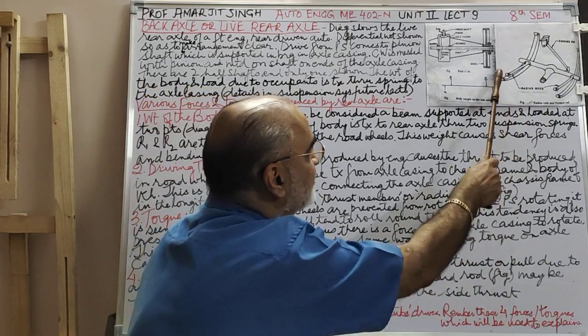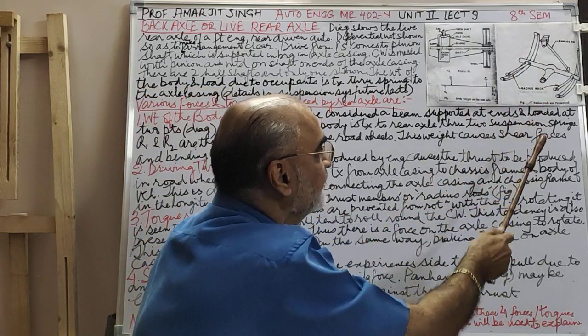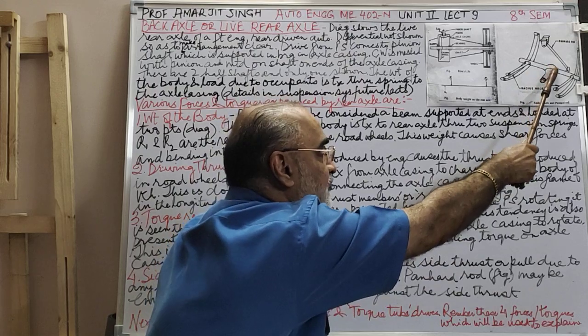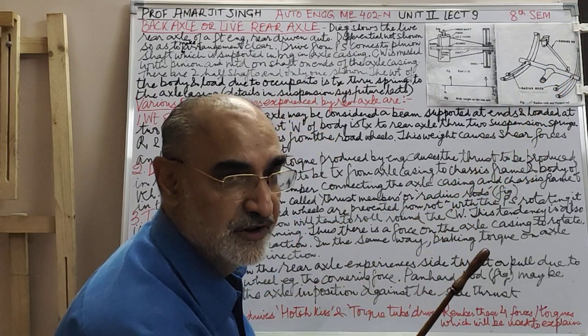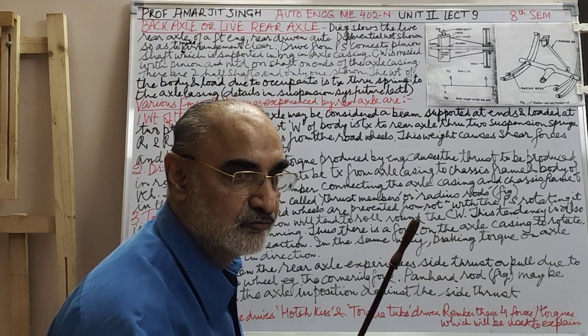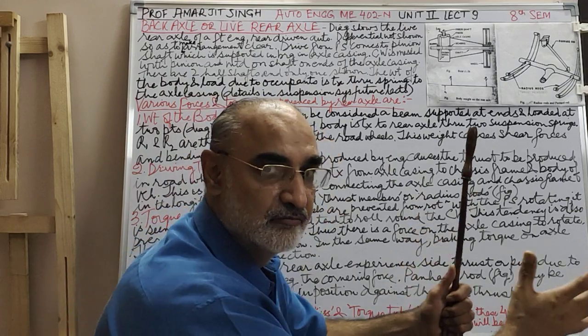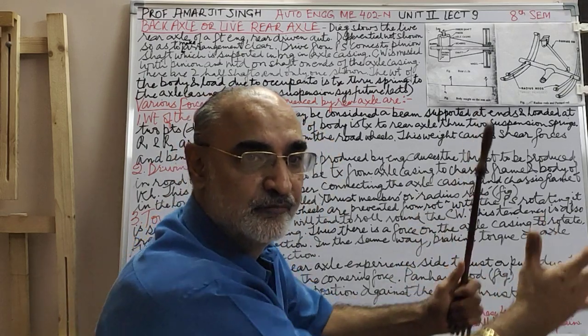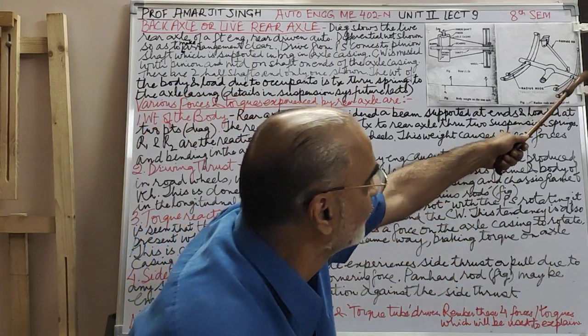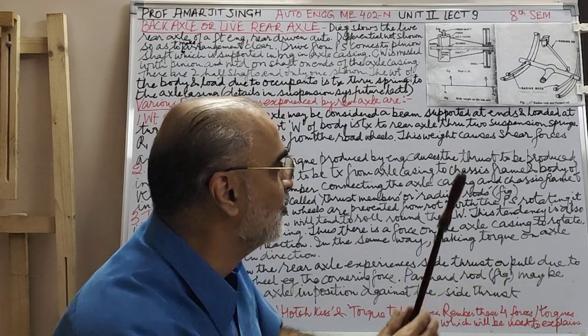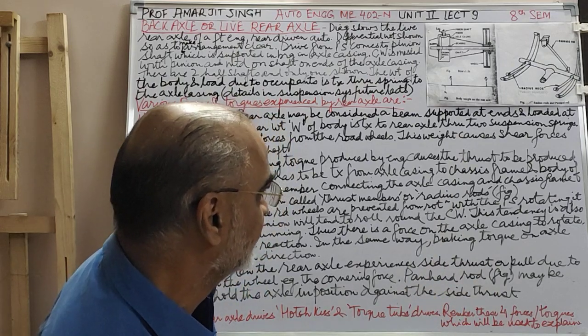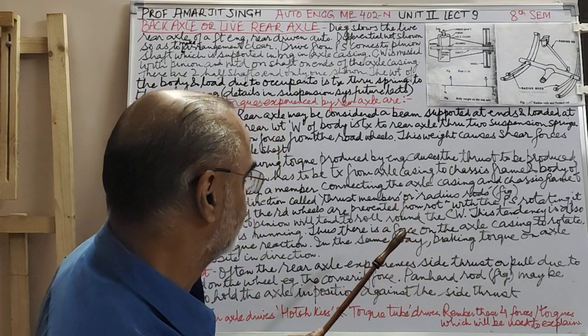The chassis is here, which is not shown. This is the axle, the driving torque is produced, thrust is produced, and this has to be conveyed to the body, to push it forward so that it moves ahead. The wheels are getting the job, but the whole body has to be made to move. The thrust has to be given to the vehicle as well as the chassis.